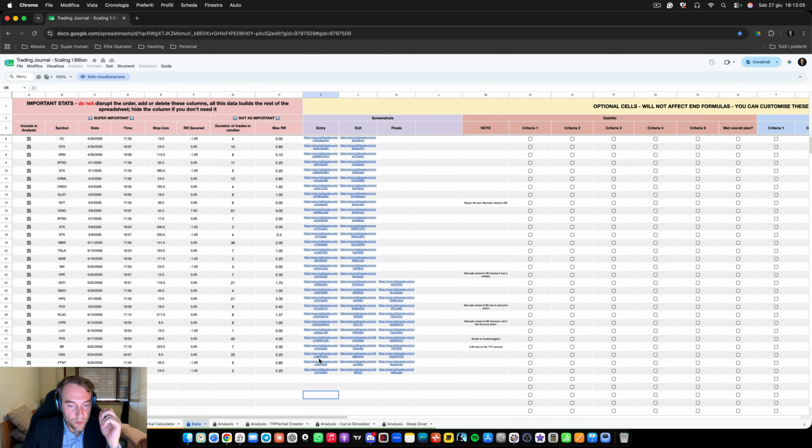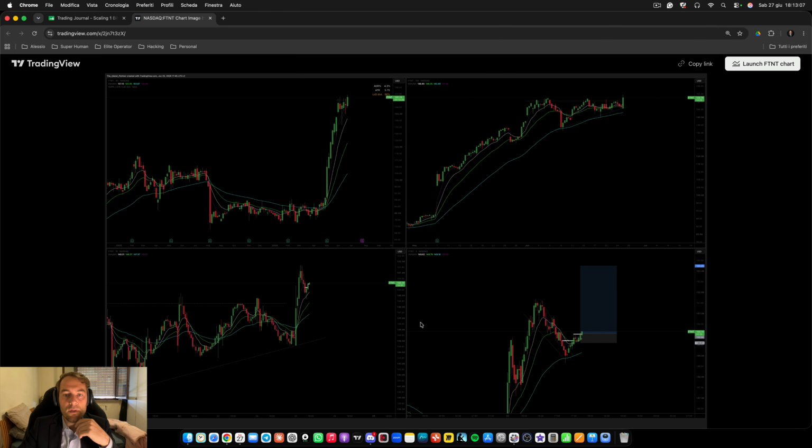Then we have two trades that, going through my backtest and all the trades live that I took, I just noticed that I don't like trades when they are like that. I mean, I want a full candle to close above the, let's say, the accumulation zone, and then maybe trade on the other one, because it happened a lot of times that I got stopped out because maybe this candle just comes back,